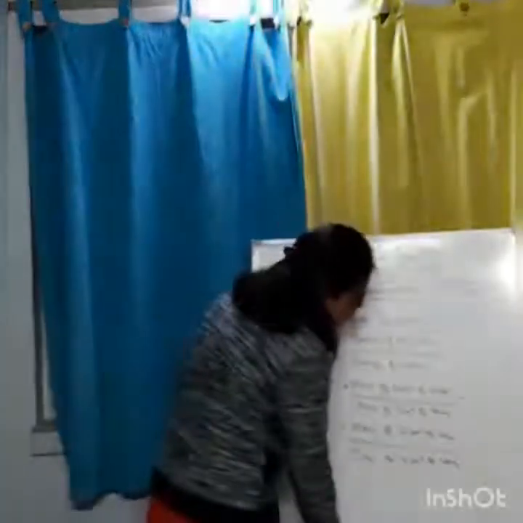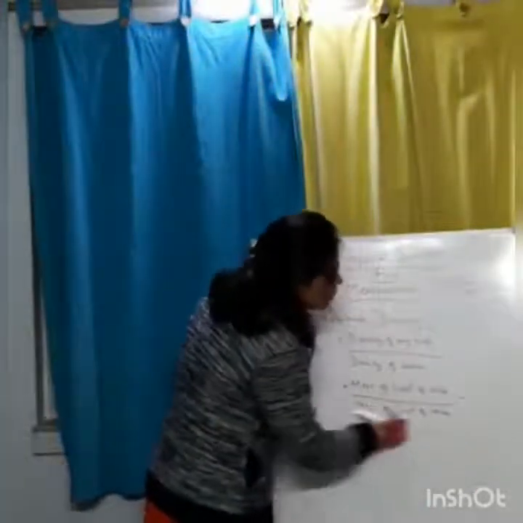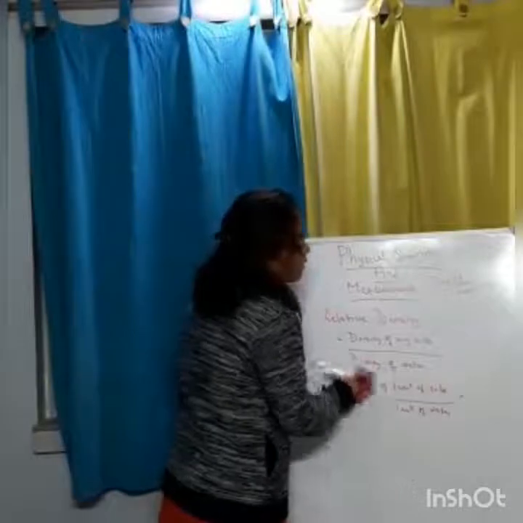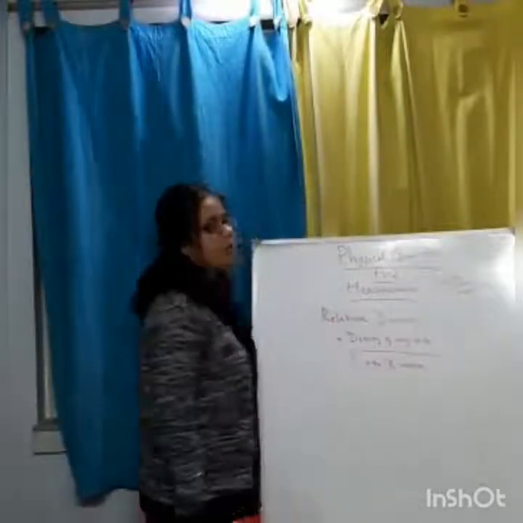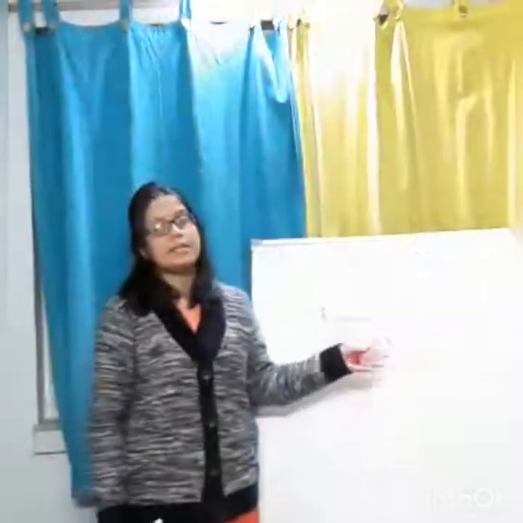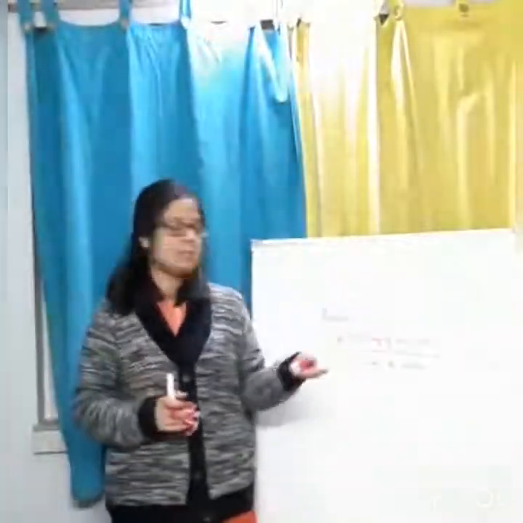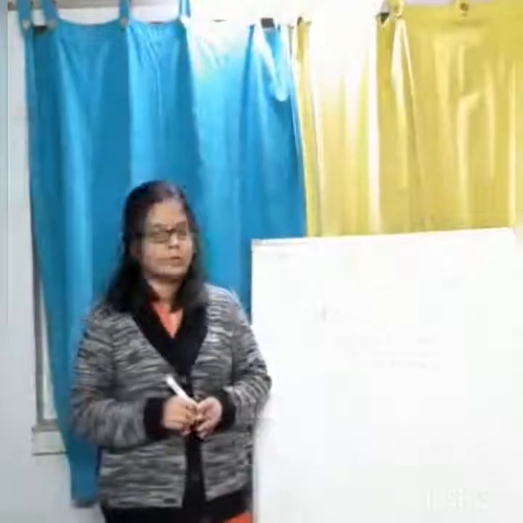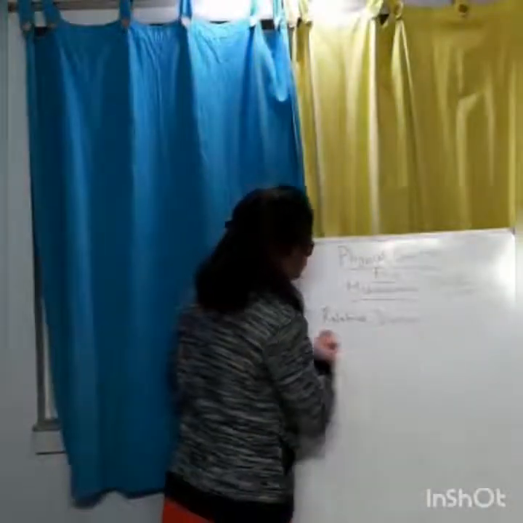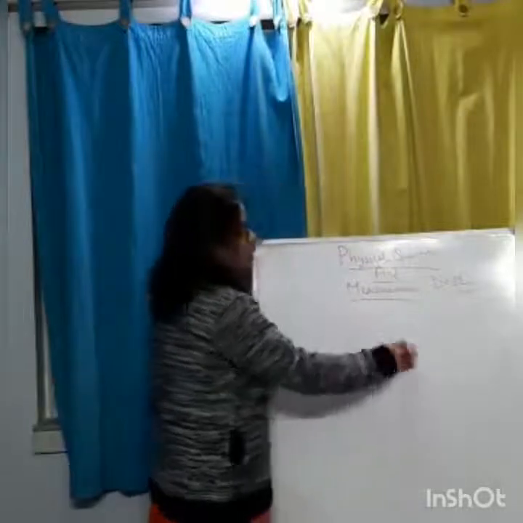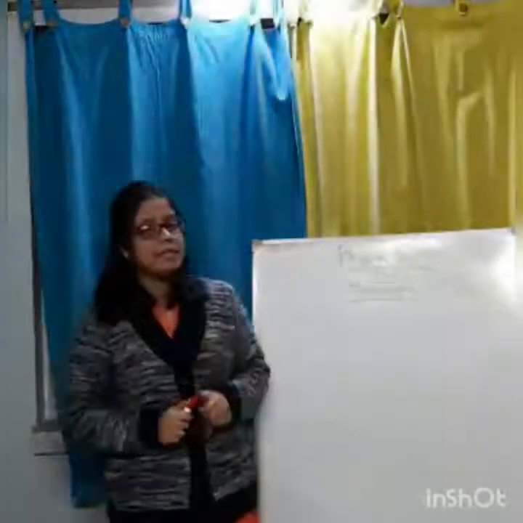Now relative density, because it is a ratio of two similar quantities, does not have any unit. In both the numerator and the denominator we have density, so the units get cancelled. Now suppose we are given a statement that the relative density of iron is 7.8. How can we explain this statement? What does this statement mean?